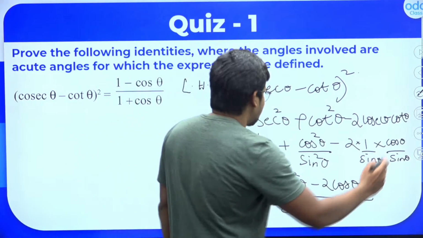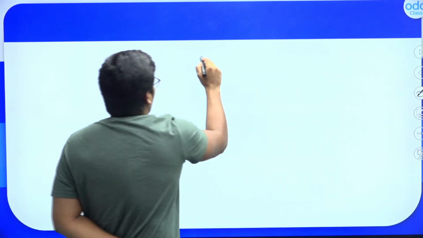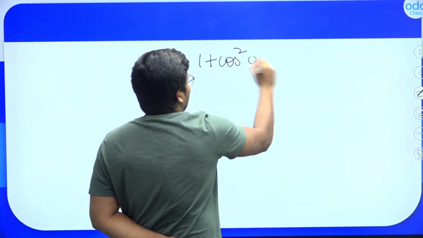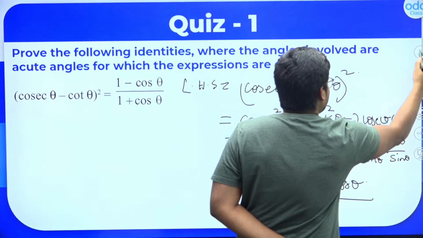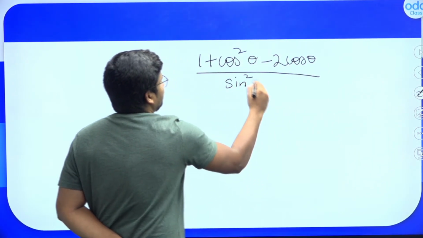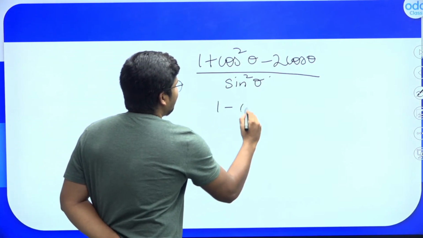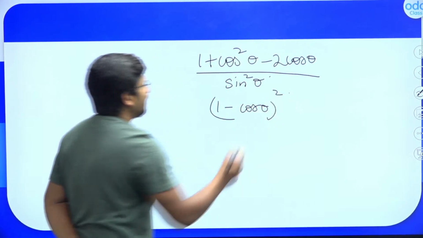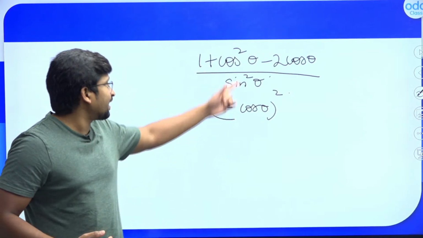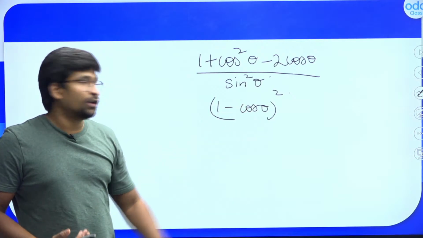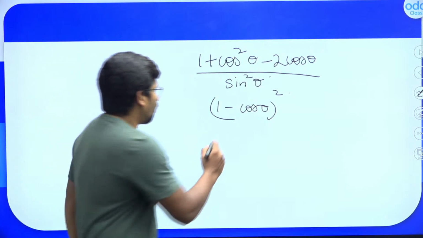Let's move to the next page and solve this further. So (1 plus cos square theta minus 2 cos theta) whole divided by sine square theta. This is what you have. Now, can I write 1 plus cos square theta minus 2 cos theta as (1 minus cos theta) the whole square? You can, because (1 minus cos theta) whole square is 1 square, which is 1, plus cos square theta, minus 2 times 1 into cos theta. So it is nothing but (1 minus cos theta) whole square divided by